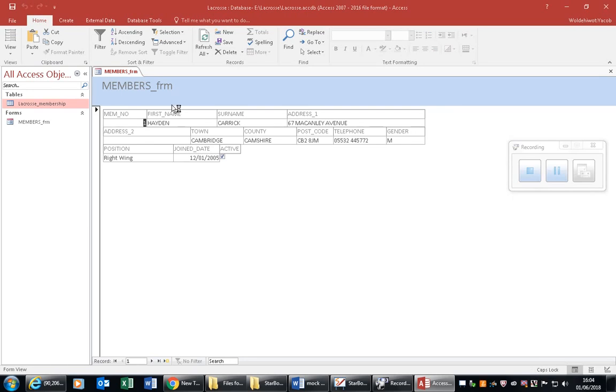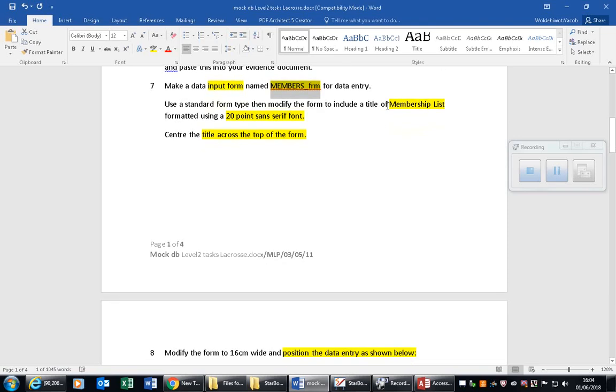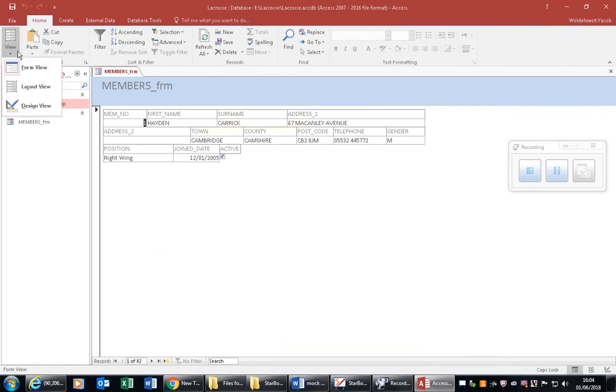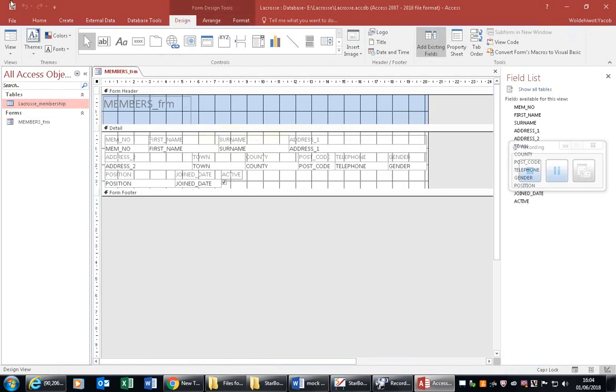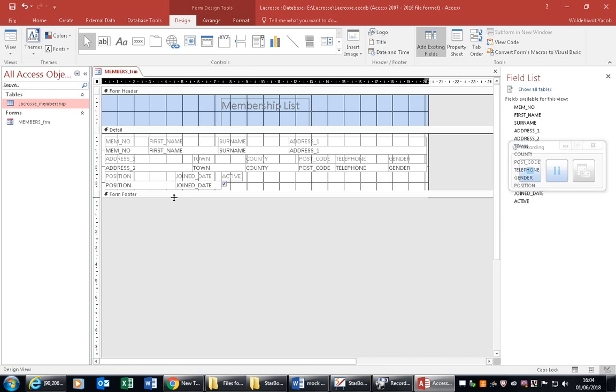You'll see the form created here, and we will see the question again. It says title across the top should be members list, so we can edit the form in design view, and edit the title. We need to center the title, maybe count the number of squares on the left and on the right, so that you put it in the center. Okay, you can add a footer here,